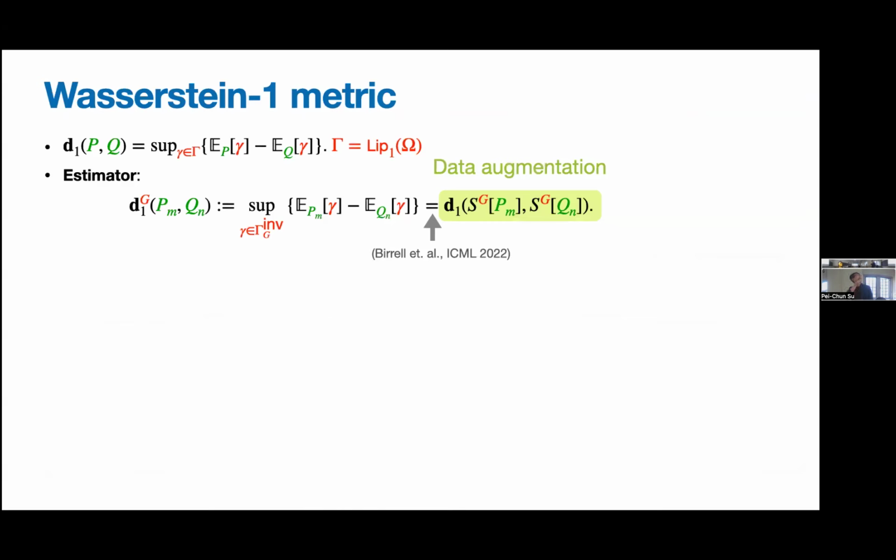Okay, so the first result in terms of the empirical estimation of divergence is for the Wasserstein-1 metric, where recall we have a variational form over here for the Wasserstein-1 distance, and this test function space is the Lipschitz-1 functions. In this sense, we propose an estimator based on M samples from P and N samples from Q, where the knowledge of symmetry is encoded into the test function space. So here, in the estimator, we take a supremum only over all the G invariant Lipschitz-1 functions. So it's a subset of this Gamma, such that